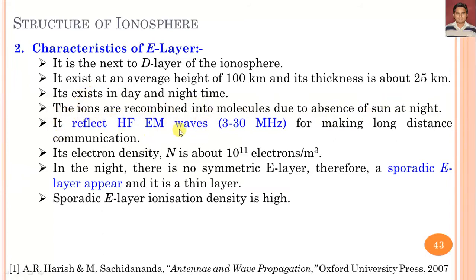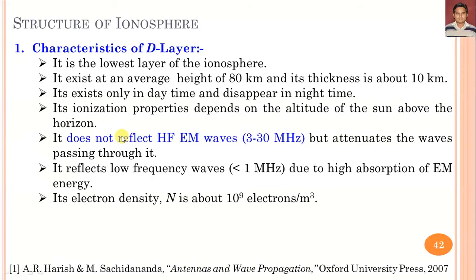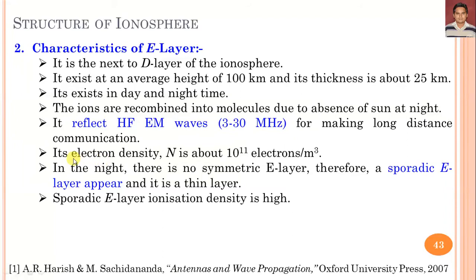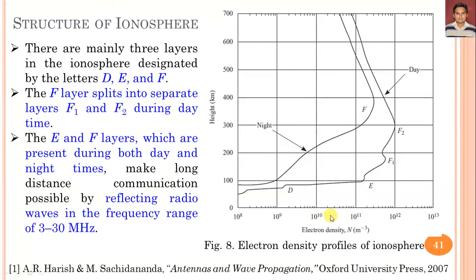It reflects high frequency EM waves, 3 to 30 megahertz, for making long distance communication, but it does not reflect the higher frequency EM waves. The electron density is about 10 to the power 11 electrons per meter cube. Here you can see this is the E layer, and we are considering the maximum value, but in some other books it may be 10 to the power 10 or in the middle of 10 to the power 10 and 10 to the power 11 electron density. So here we are considering the maximum value, about 10 to the power 11